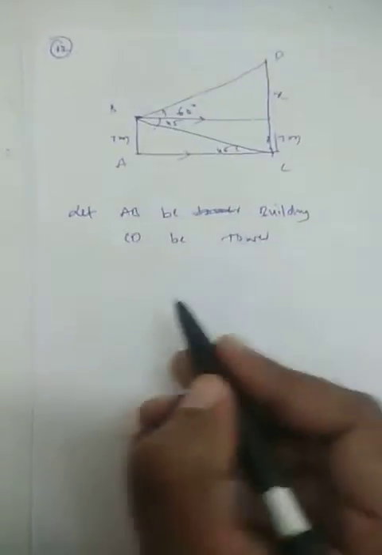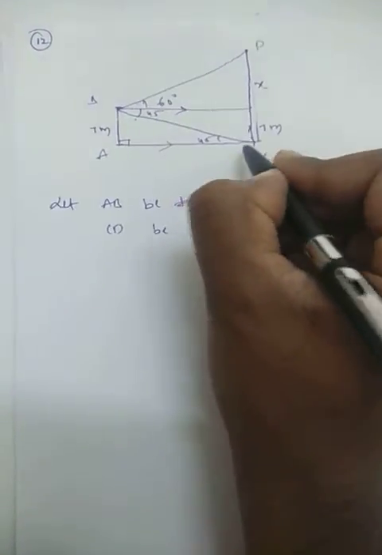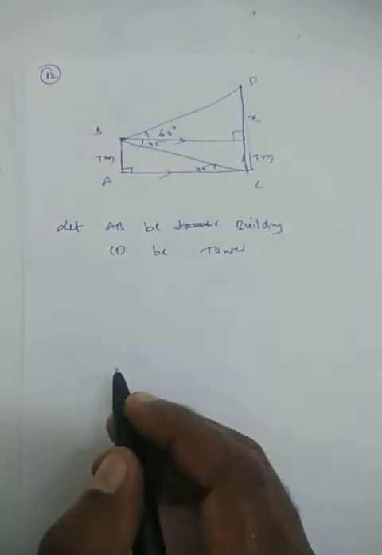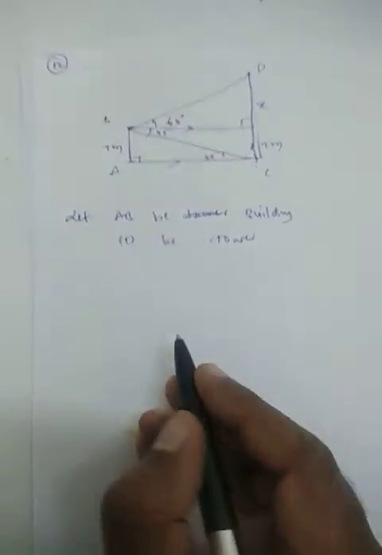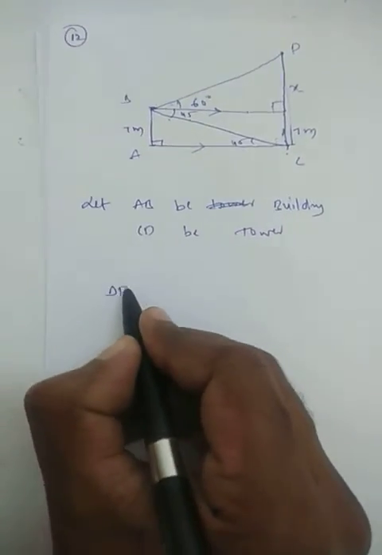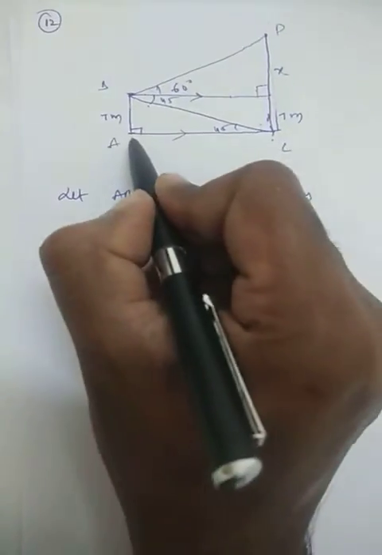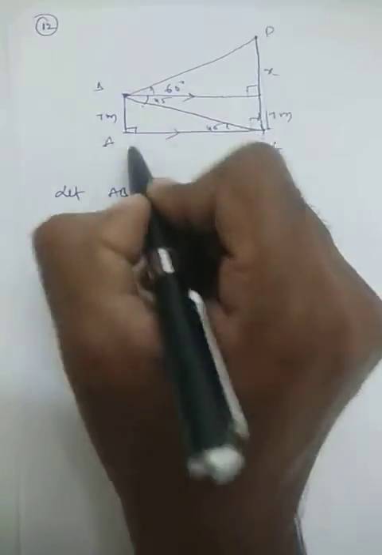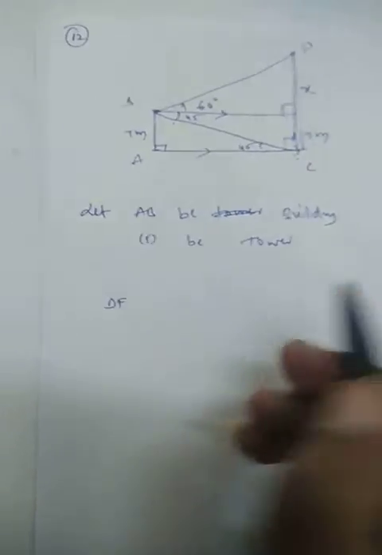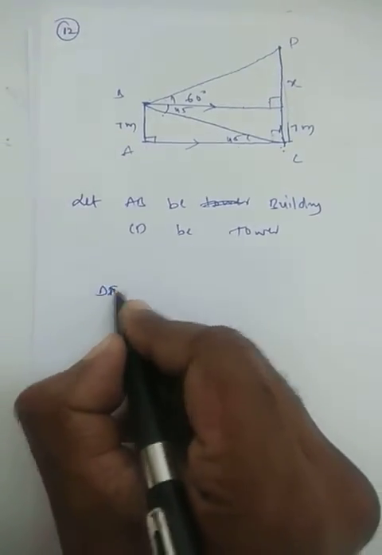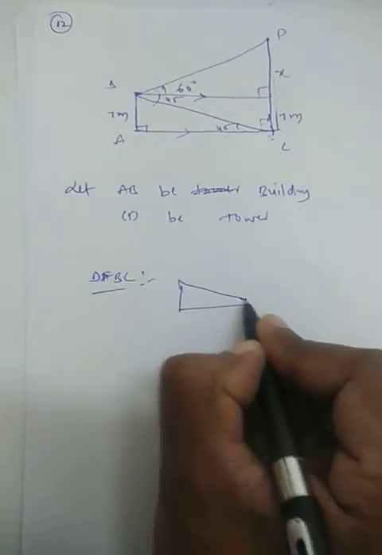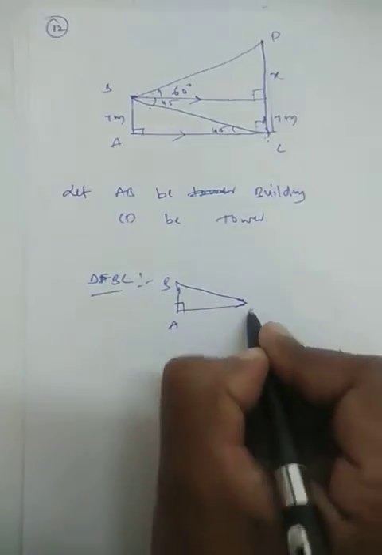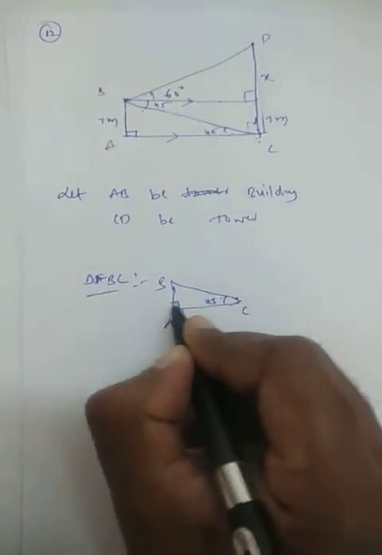x. For that, this is obviously a right angle, and this is also going to be a right angle. These two lines are parallel to each other, so these two angles are equal, corresponding angles. Look here carefully. I am taking first triangle ABC. One more thing: this is horizontal, this is horizontal, and these two are perpendiculars, so this length and this length are also going to be equal. From triangle ABC, this angle is 45 degrees, and this is 7 meters.